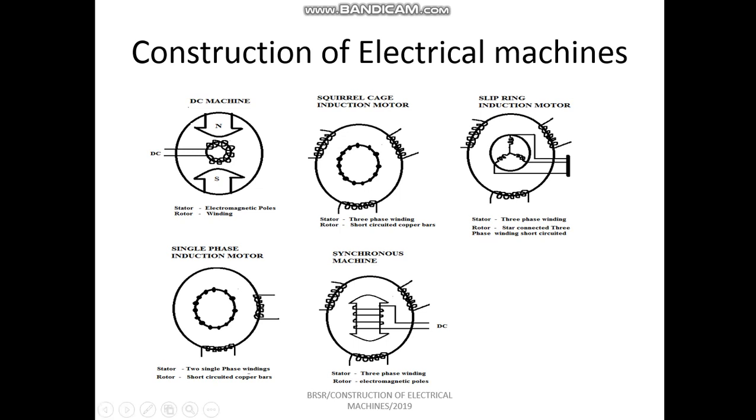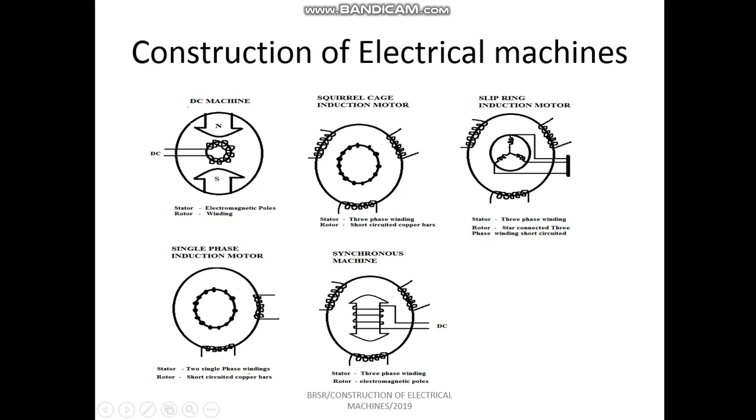This slip ring induction motor is again a three-phase induction motor, and this induction motor has a stator structure similar to that of a squirrel cage induction motor. That is, it has the stator three-phase winding. This three-phase winding can be either connected in star or delta, and the rotor, the difference is it has also three-phase winding, but the ends of the three phases are shorted. So the slip ring induction motor and the squirrel cage induction motors are three-phase motors. The stators are similar. The rotor structure alone is different.